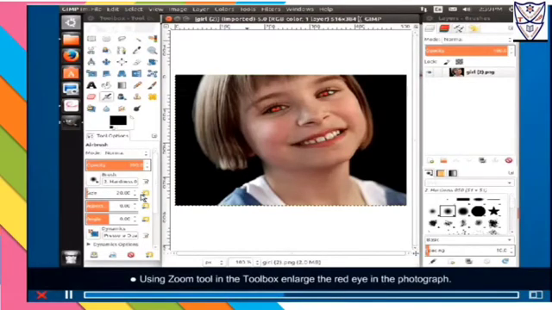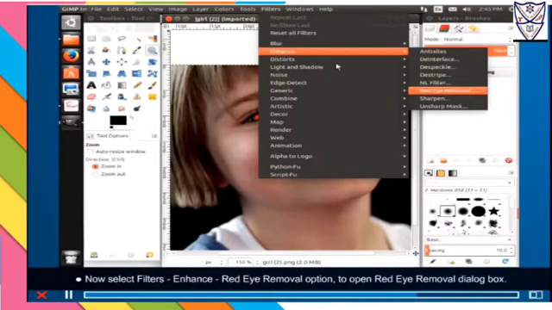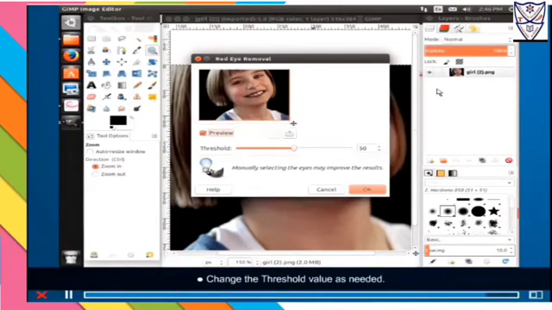Using Zoom tool in the toolbox, enlarge the red eye in the photograph. Using Selection tool, select the red part of the eye. Now select Filters, Enhance, Red Eye Removal option to open Red Eye Removal dialog box. Change the threshold value as needed. Click OK button.